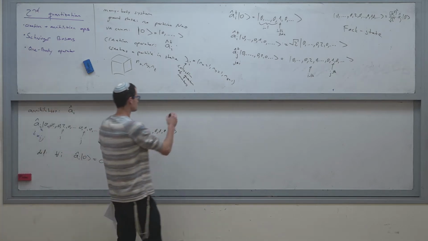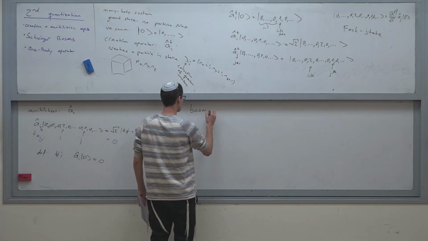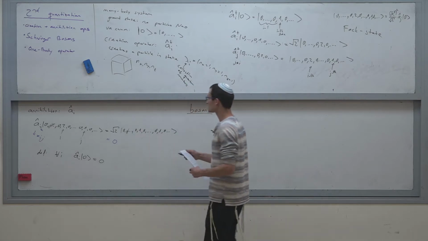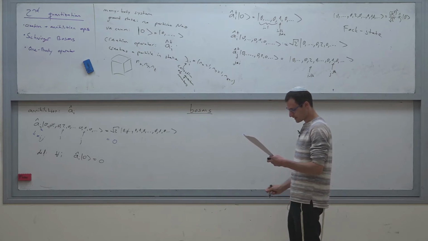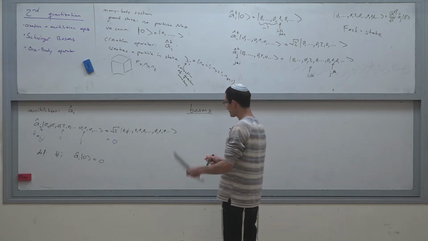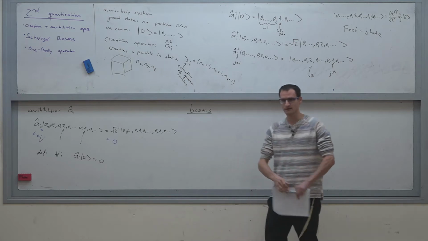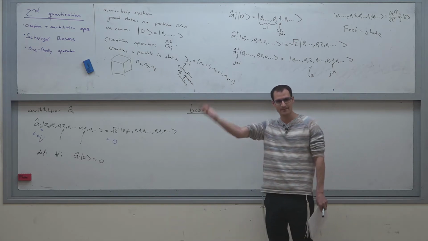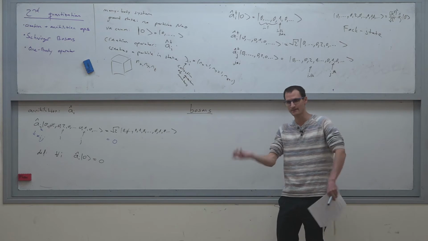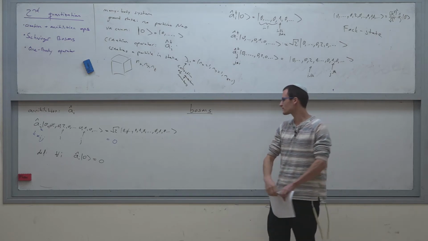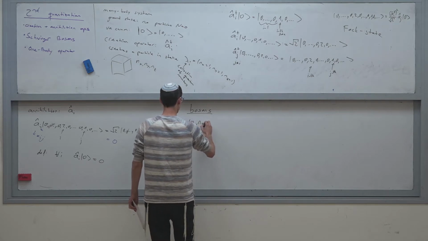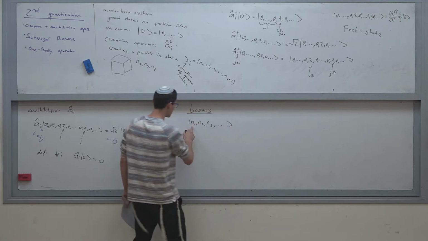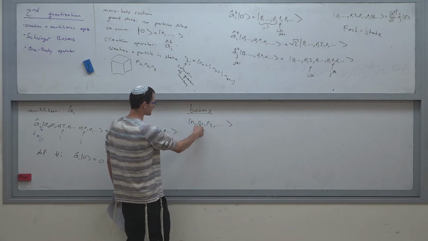Okay, so let's talk specifically about bosons. And then we'll solve a question on bosons, and then we'll talk about fermions and solve a question about fermions. So in general, in a bosonic state, you have n1 particles in state lambda 1 and n2 particles in state lambda 2, and so on and so forth. So the way you write the general Fock state,